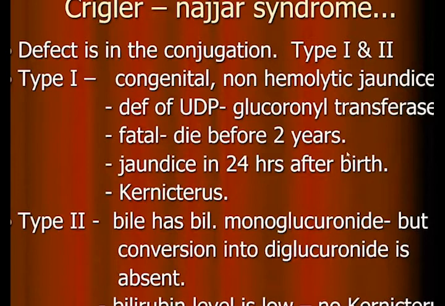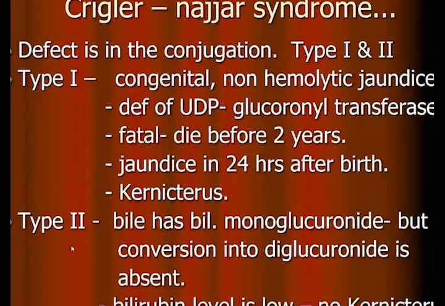And the child will be having kernicterus. Kernicterus means the level will be very, very high. The bilirubin level will go up to 20 or 30, and the child will develop brain affection, develop kernicterus and die. And this is type 1